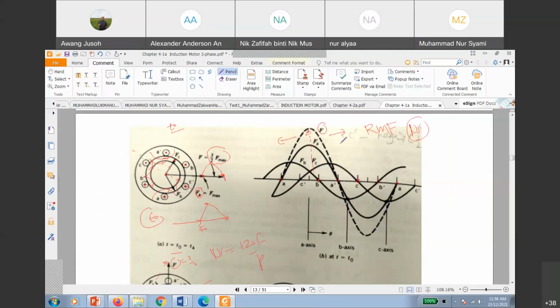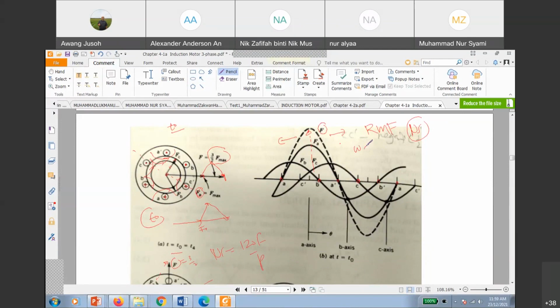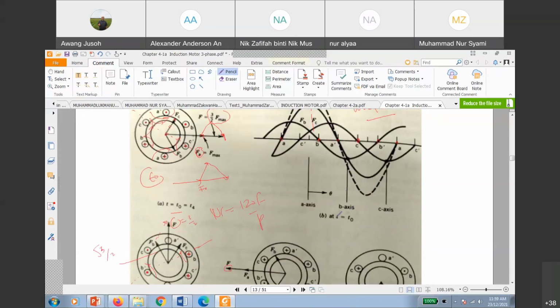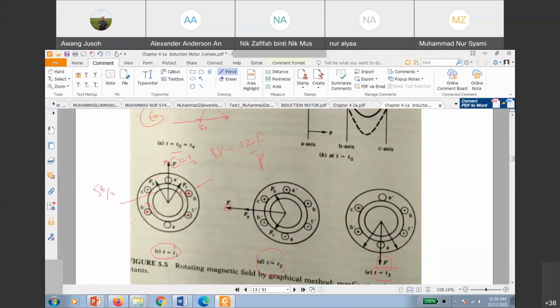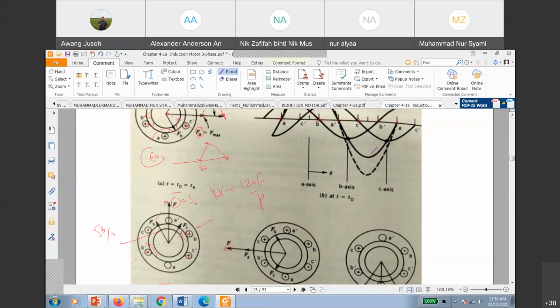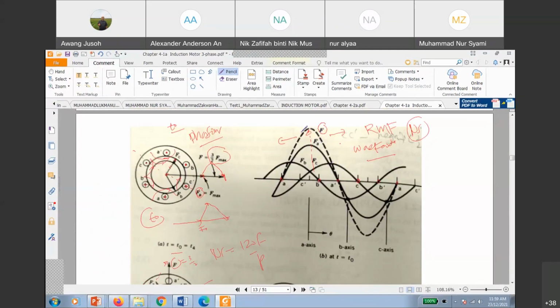This is the waveform; you can display it in many ways. This is displayed in the waveform method, and this is a phasor. You can choose either one, up to you. But in this slide we only have one waveform. We just show one waveform only. You can do the same thing for T1, T2, T3, the same waveform like that. You can see that the dotted line will move this way, anti-clockwise, this way and this way, with the same amplitude.